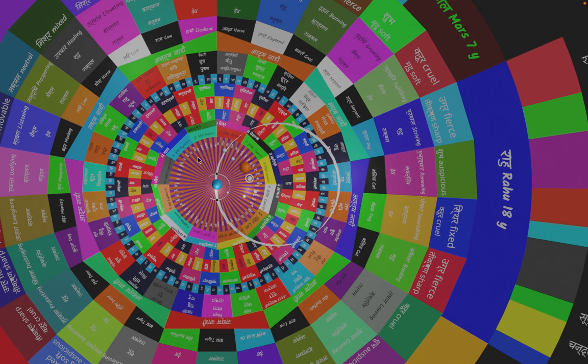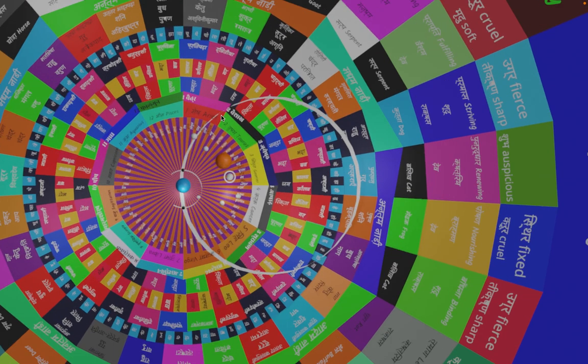Moon takes around 27 days to cross the whole Rashi Chakra. But for Surya, it is around 365 days, a complete year. And for Shani, which is very slow, it is around 30 years, 29.5 years. So everybody has different speeds, but the Rashi Chakra will remain the same, and these Nakshatras will remain the same. Now there are a lot of things that you can look over here.